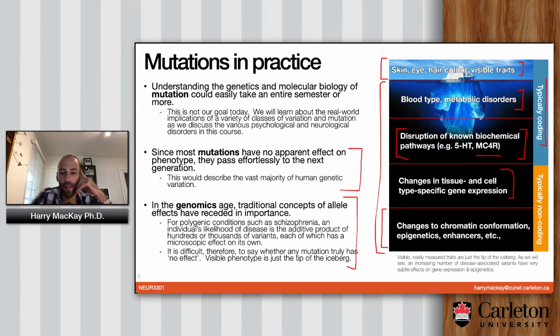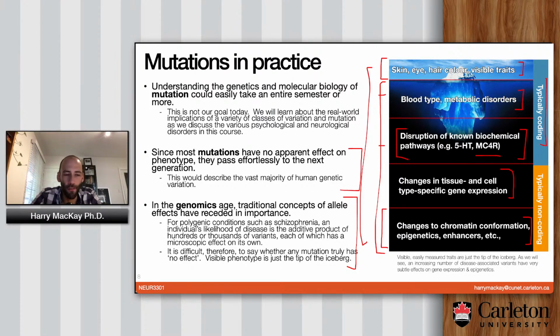And then finally, the deepest level that I found were changes to chromatin conformation. That means the three-dimensional structure of the chromatin in the nucleus, as well as epigenetics and enhancers and so forth. So genetic variation as it relates to phenotype and disease could be at any one of these levels of the iceberg. You could have the very simple kind that appear at the very surface and just make you look different. You can have things below the surface that change hidden aspects of you, your metabolism, like whether you have PKU or whether you're AB positive for your blood type or whatever else.